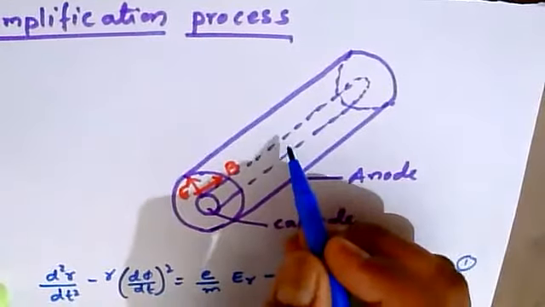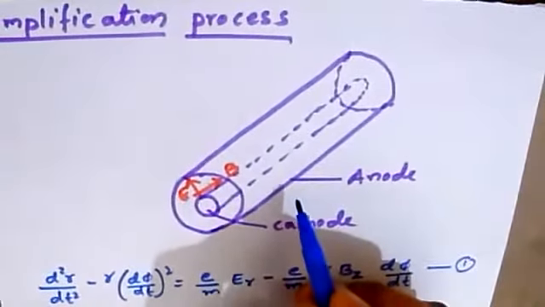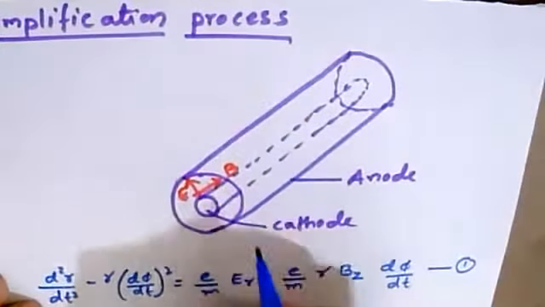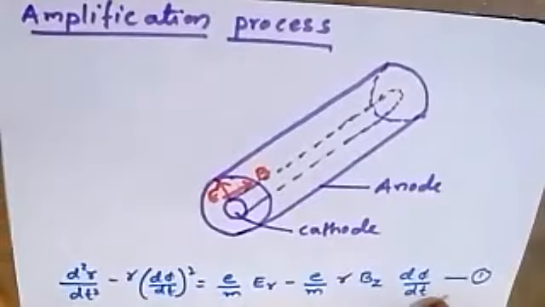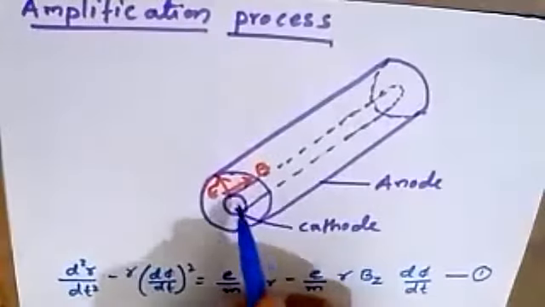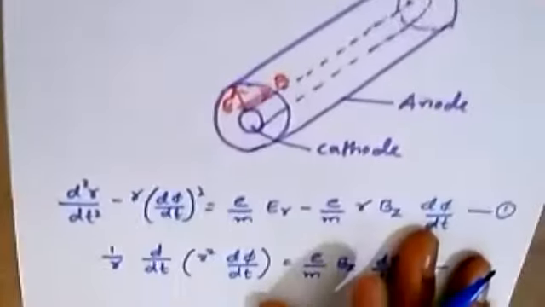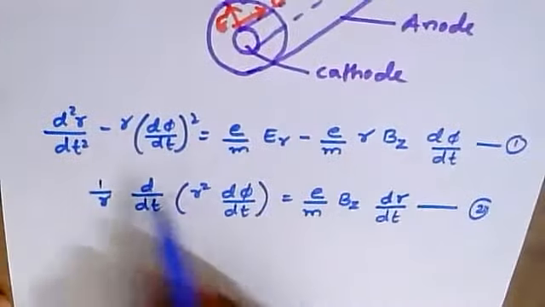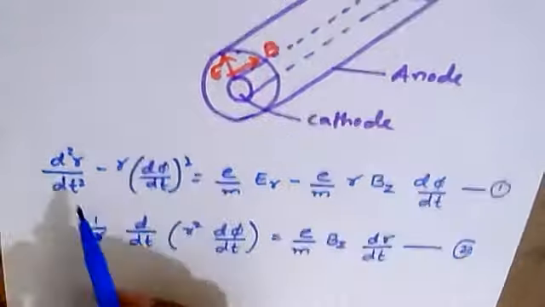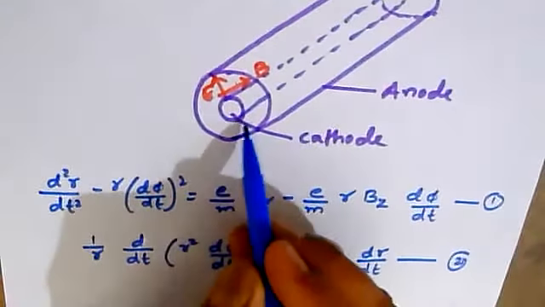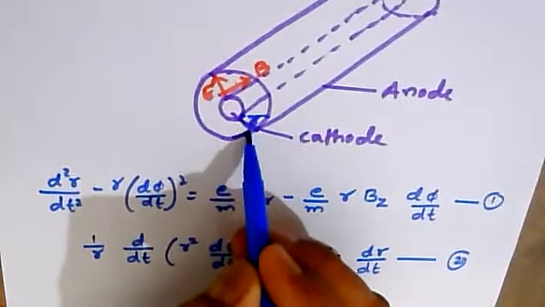the equation of motion for the electron, which has been moving in the magnetron, we have some approximation. We need to consider the two equations as the electron is moving from cathode to anode within the magnetron. So it is given by the two equations over here. Okay, where R is the radius and phi is the average phi which has been taken out. This is nothing but phi over here.